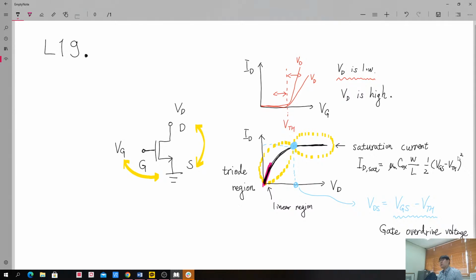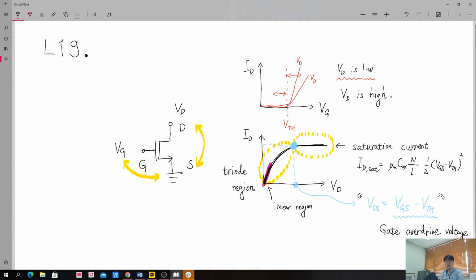Okay, you can easily remember this expression, because it is just obtained when you insert this condition